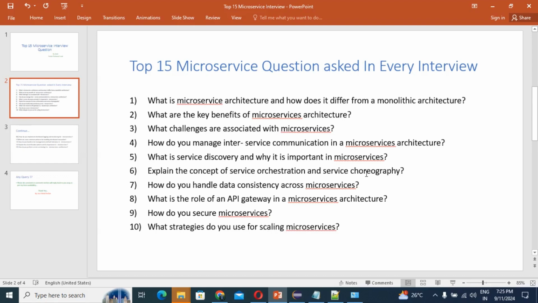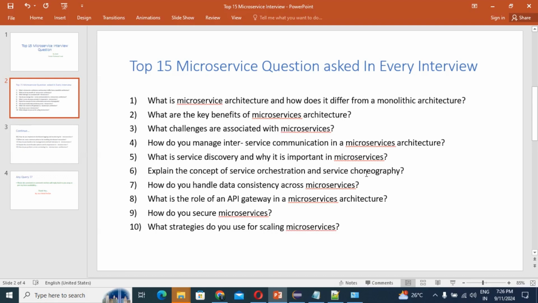Partitioning means dividing data and workload into partitions that can be managed and scaled independently, your services, your microservices. All the points are very important. So how do you scale microservices? Horizontal scaling, load balancing, auto scaling, caching, and partitioning. With all these ways you can scale your microservices very effectively.